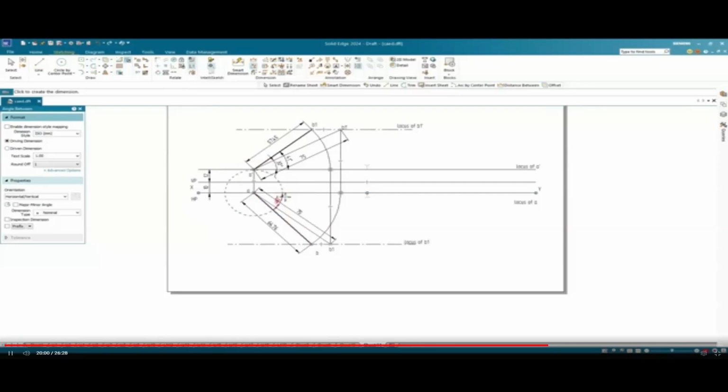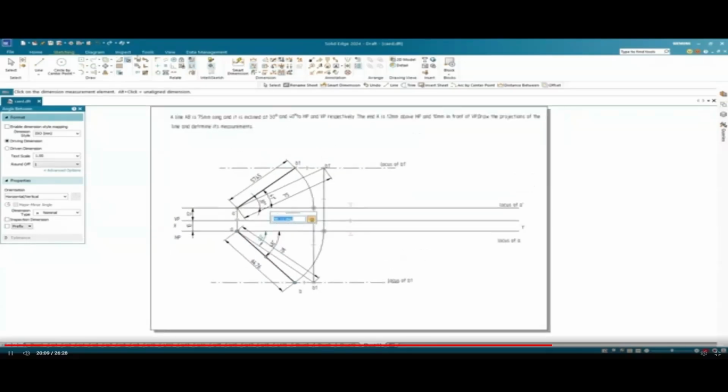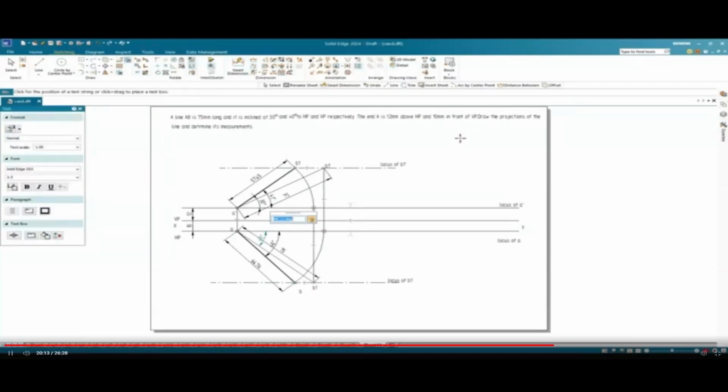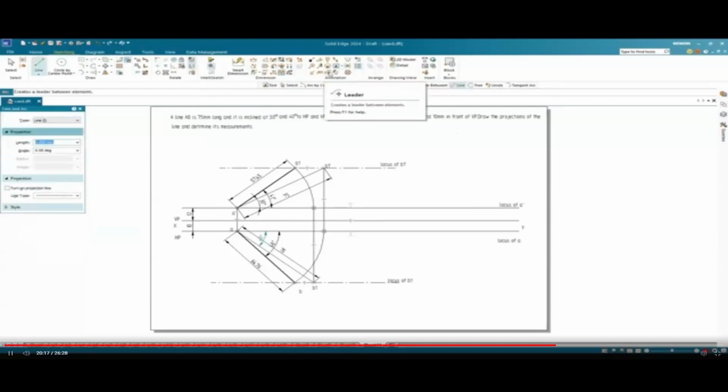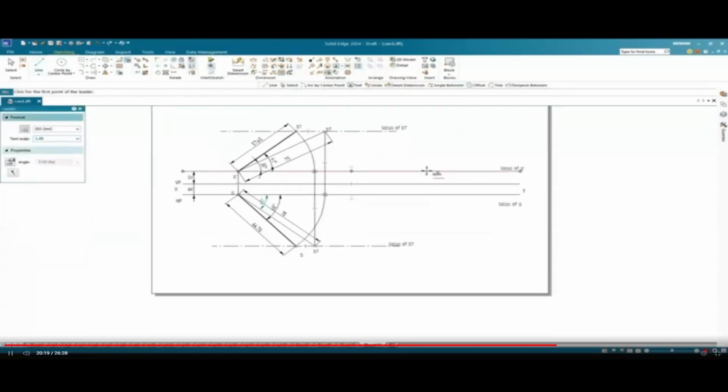Now let's check the top view inclination. So click on the top view line and click on the locus of A line, and as you can see we can find the inclination of its top view, that is 48 degrees. Let's draw the directions of these lines. This we can do with the help of leader option,